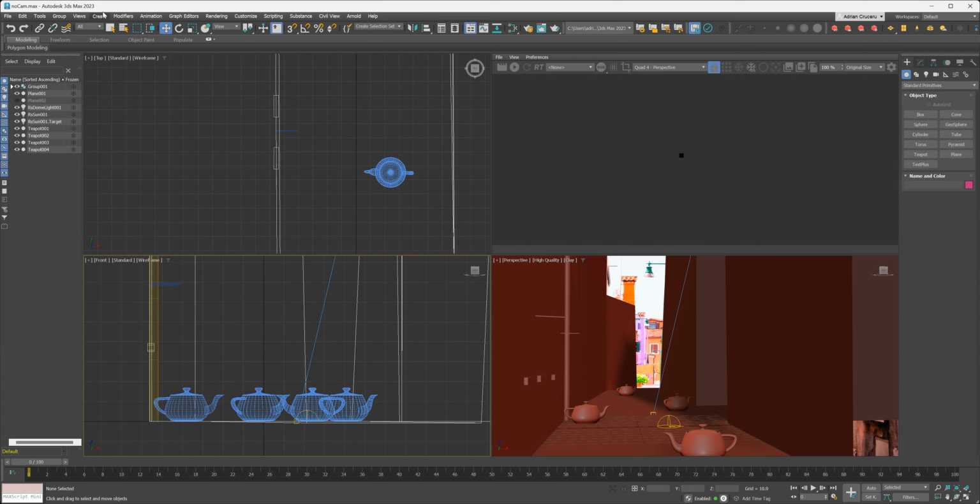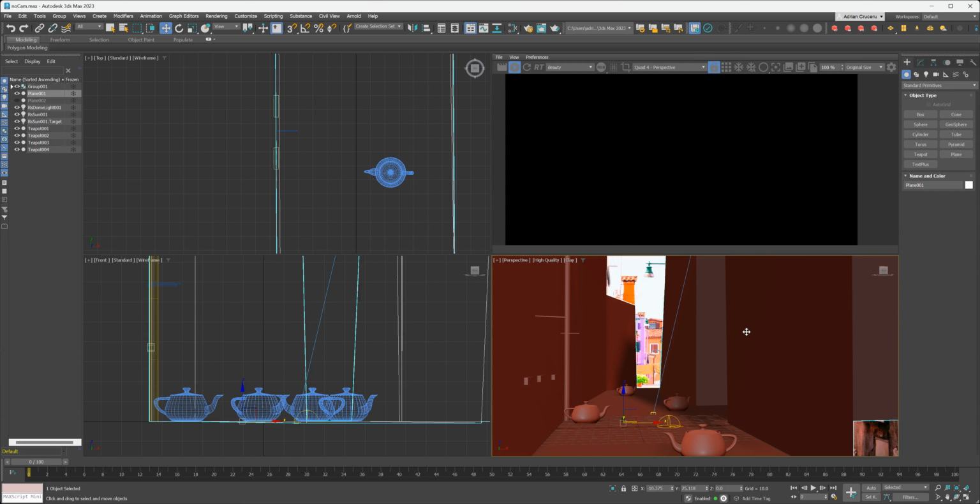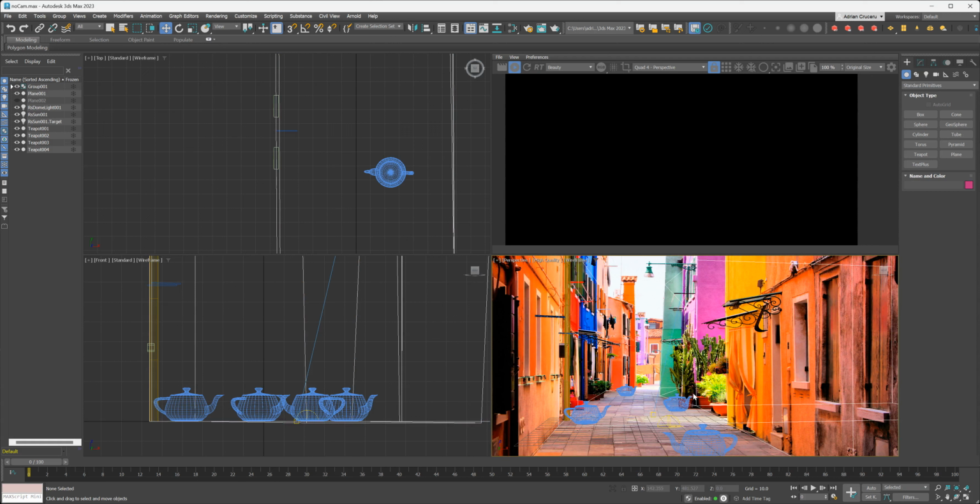So we're in 3D Studio Max 2023 with 3.5.15, and I have a very simple scene here using projection mapping and a few teapots, and I have a backplate. Now you can see here I'm using the backplate as a background in the viewport, right? And this is a perspective view, and it's basically projecting